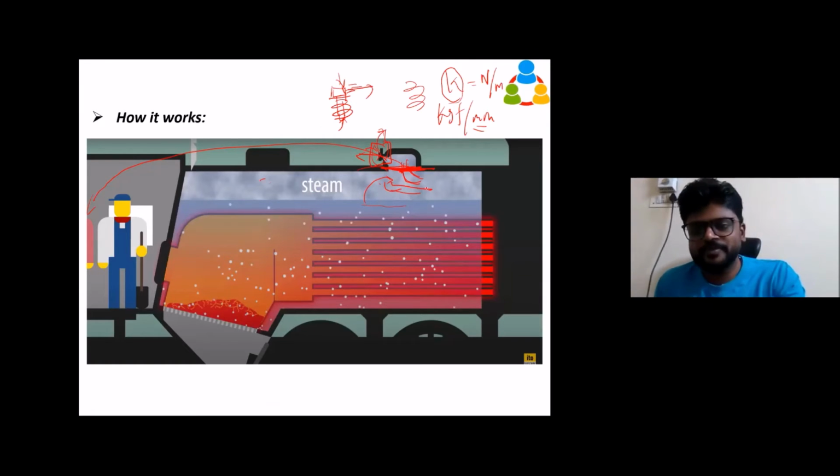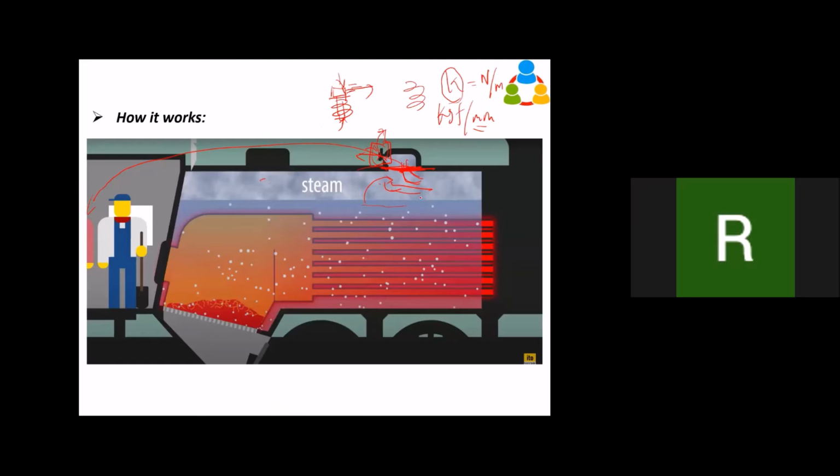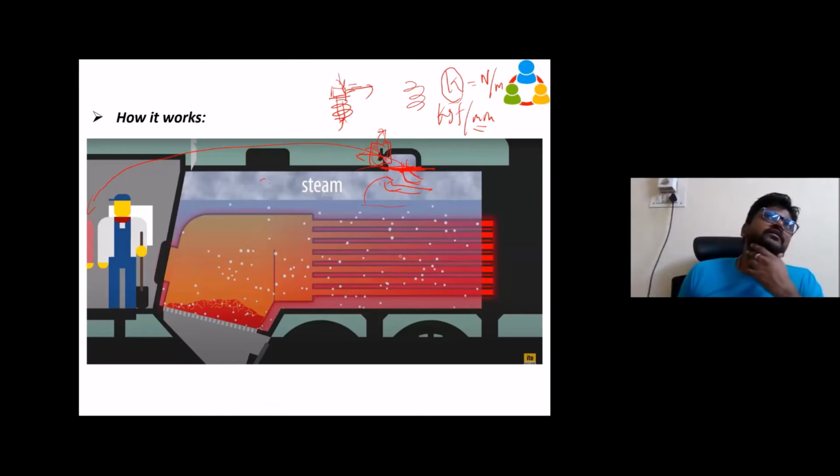And sir, the water will also help in temperature control for the heat pipe. No, water will not, because it is already in a hot condition, it is boiling at 100 degrees Celsius. Here we can't control the heat because it is old technology. We are just dumping the coal and more heat will be coming, and because of the more heat, more pressure will build up. So we are going to release the pressure using this safety valve.